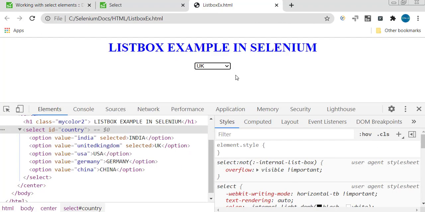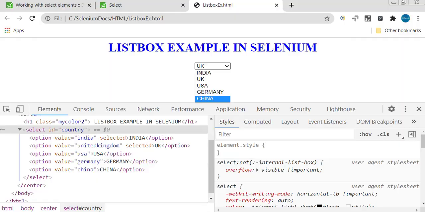To practice the select in Selenium, I have created one HTML web page. In this HTML web page, I displayed a total of 4 to 5 values in the list box. So this example we are going to automate now, but to design this HTML page, we have to write source code. Before we automate any HTML web page, it is always important to focus on how we write the HTML source code as well, for better understanding.